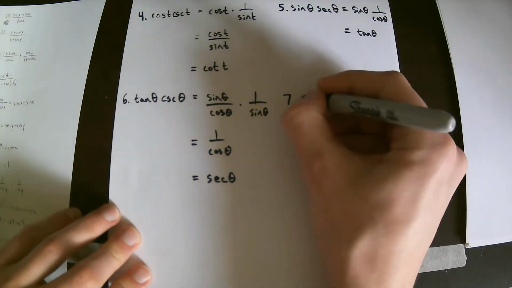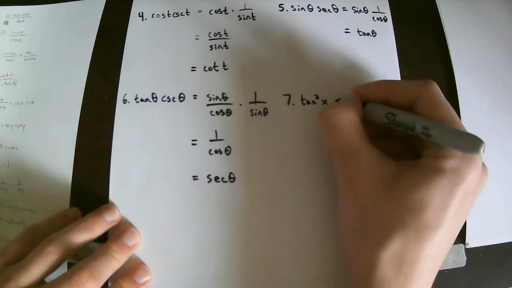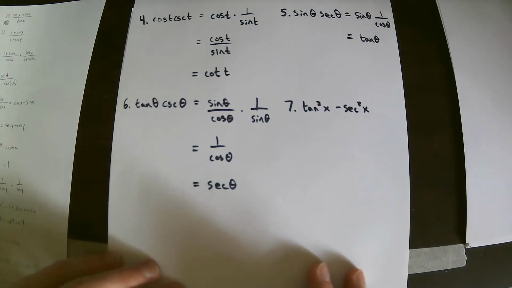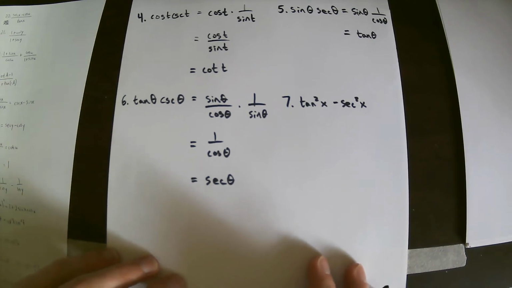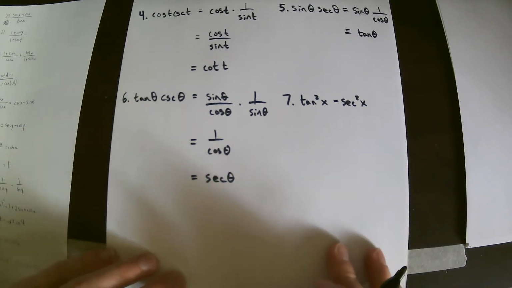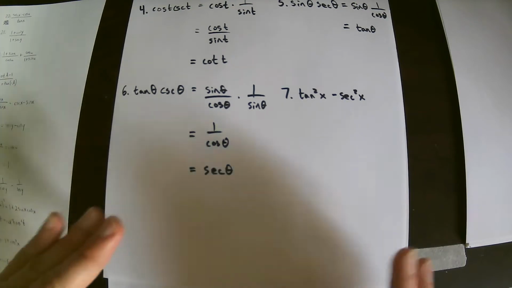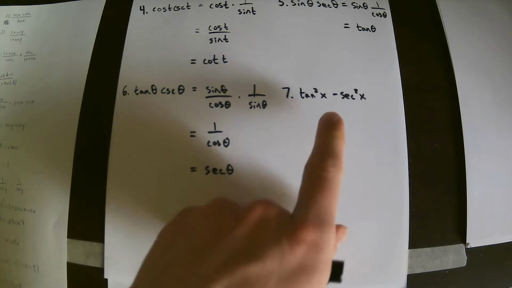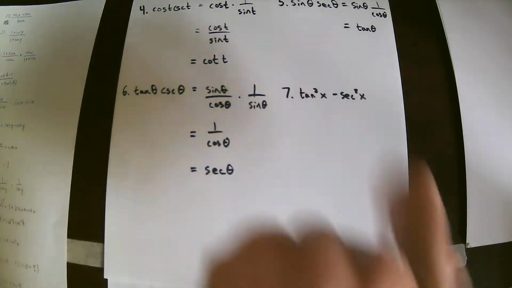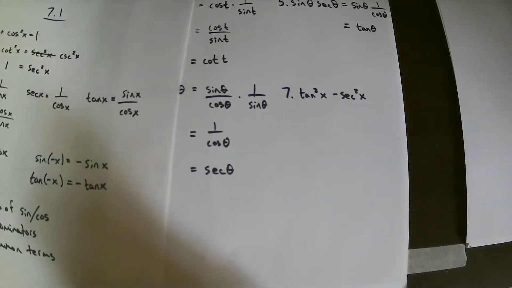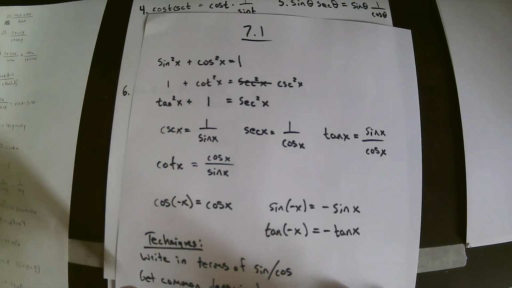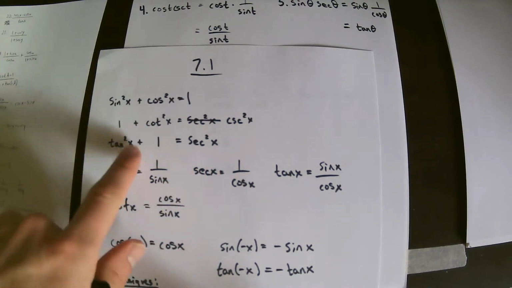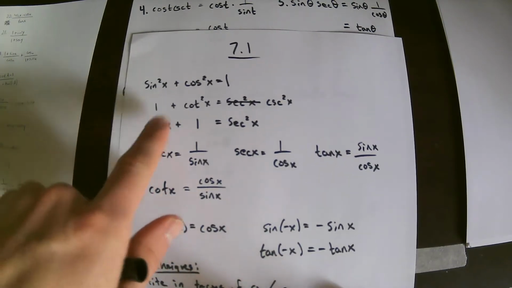Number 7, tangent squared x minus secant squared x. So far, writing everything in terms of sine and cosine has been a good technique. It's worked for all of these so far, but this one, when you start seeing squared stuff and they're added or subtracted together, you should be thinking of these Pythagorean identities. And in fact, I see that if I reorganize this Pythagorean identity with tangent and secant,